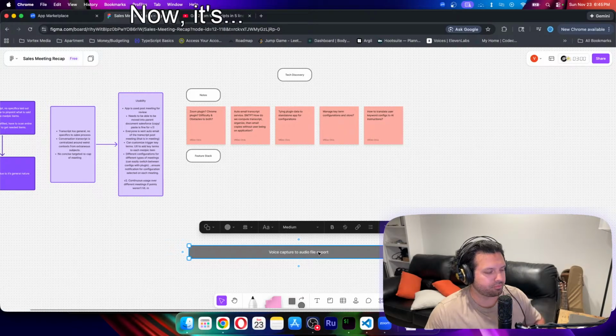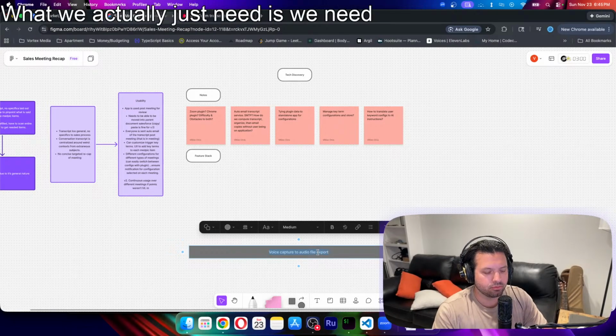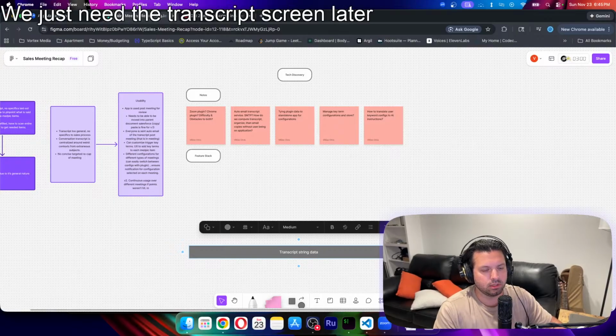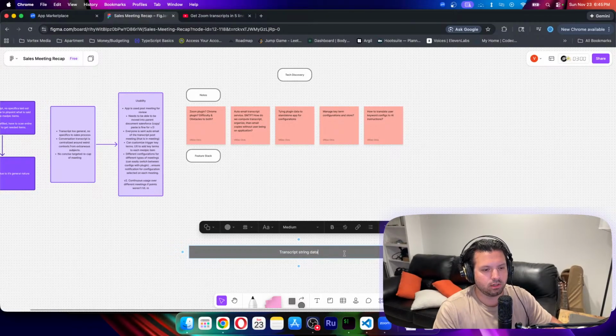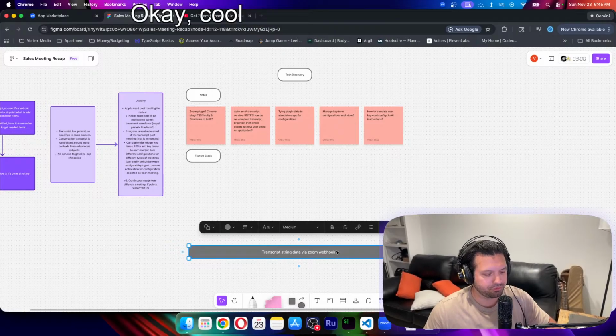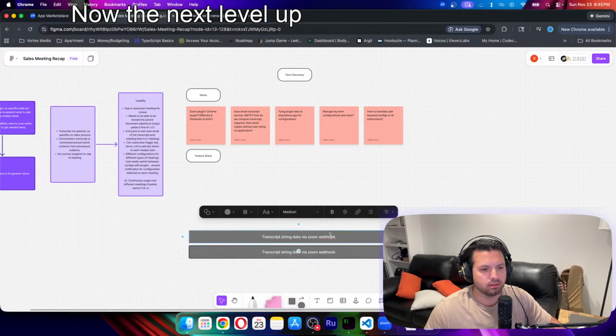So what we actually need is transcript string data. We just need the transcript string data. That's it. All right, via Zoom webhook. Okay, cool. That's where we start. Now the next level up, what we need to do is